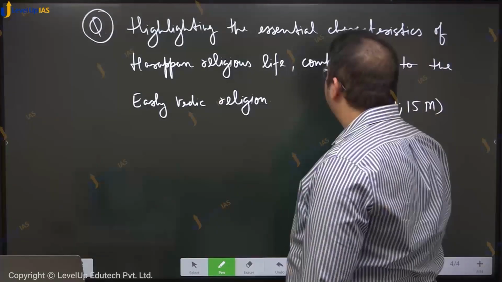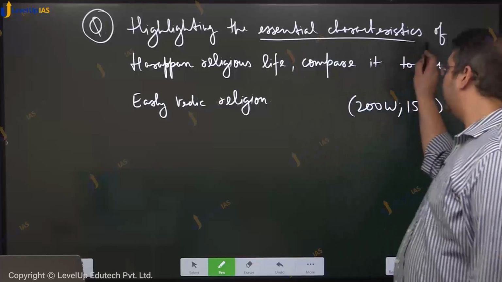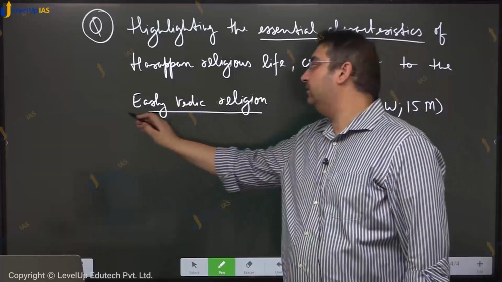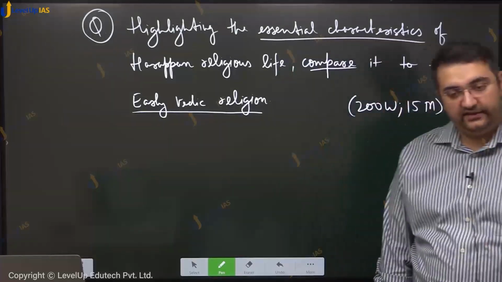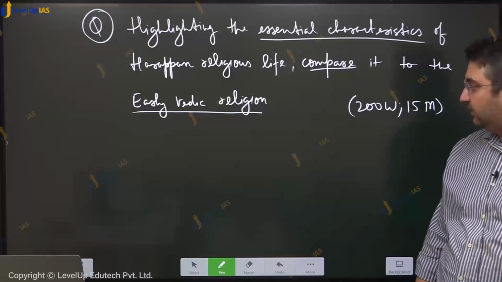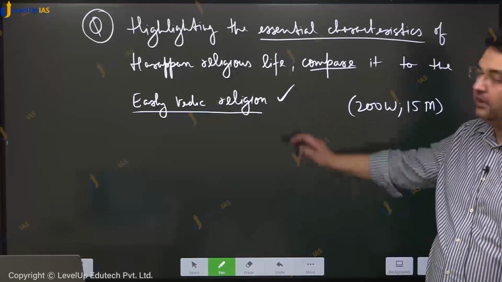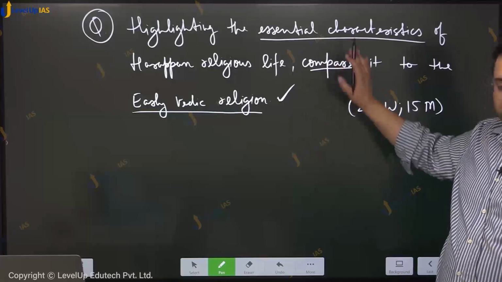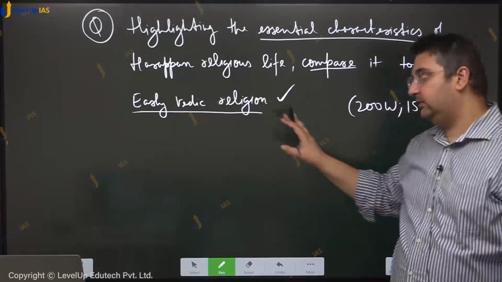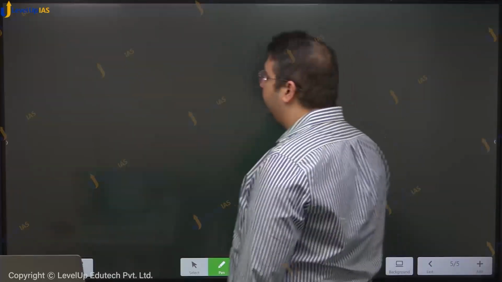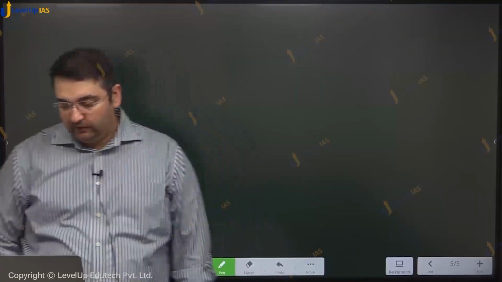Now, one portion of this question you'll be able to answer, you'll be able to highlight the essential characteristics of Harappan religious life. But for the second portion, comparison with early Vedic religion, first we need to cover the early Vedic age. So after Harappan, we then cover the early Vedic age. By the time you end that chapter, you should be able to construct a satisfactory answer. The first part you can already do, the second will be possible afterwards. Right, so that was religious life during the Harappan civilization. Then moving on to Harappan art.